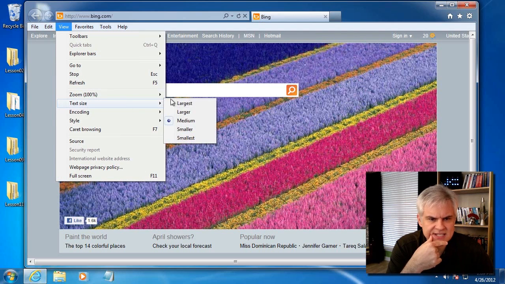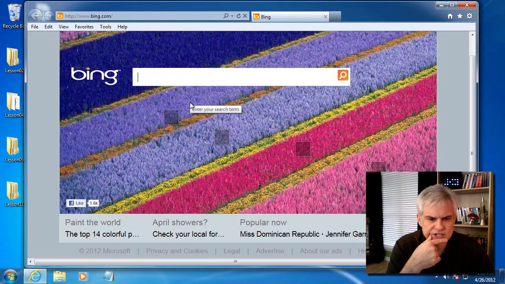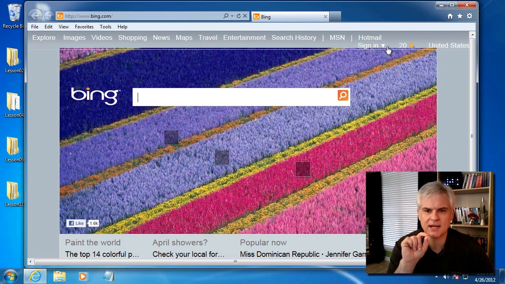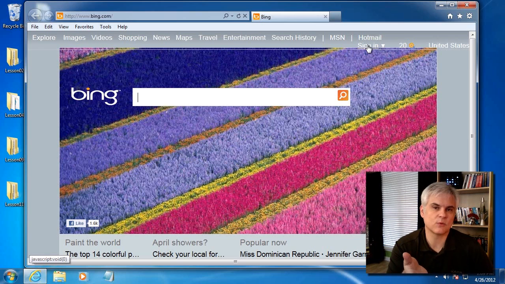Yeah, so under text size, I can use largest, and if I am counting on my font sizes to be a specific size based on a specific browser's rendering, I have to keep in mind, like in this particular case, by using a larger font, it pushed some of the content onto the next line. Now, the designer of this web page may have realized this and just decided not to worry about it because